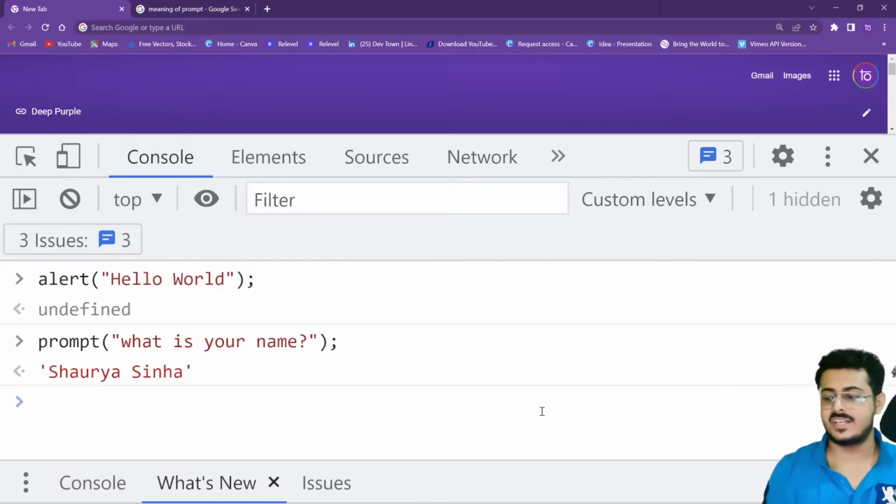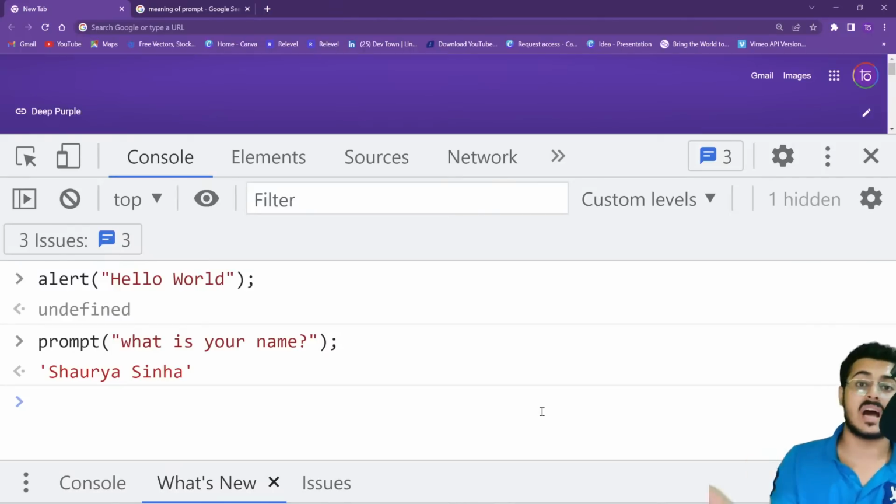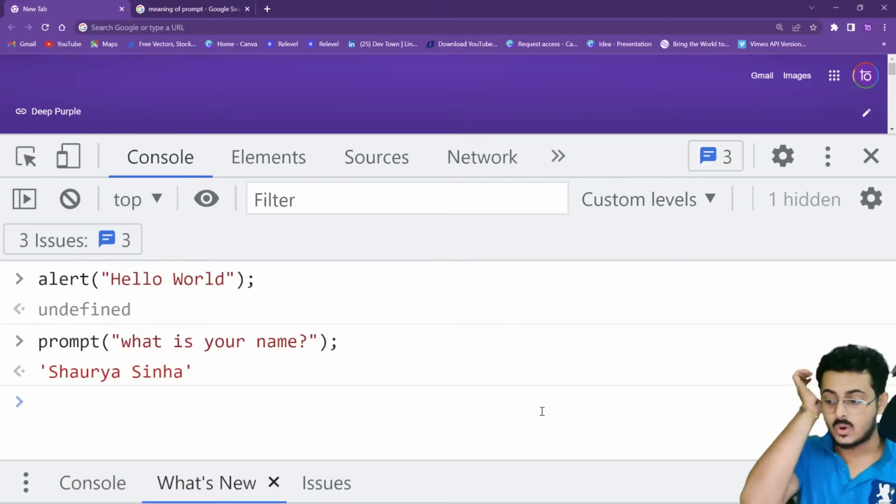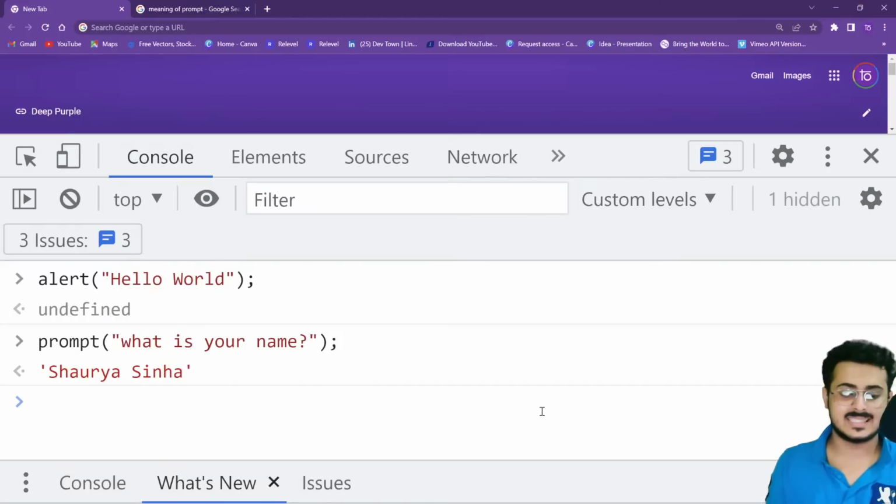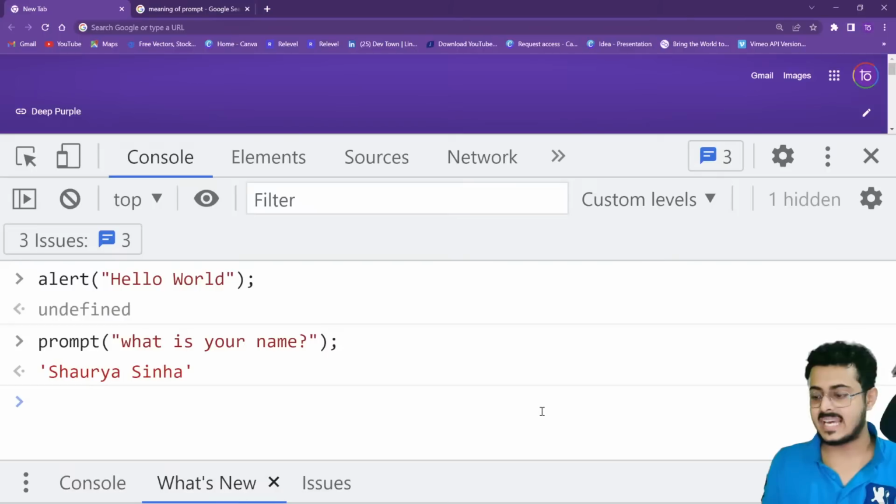So what is this undefined? That's a great question, Akshay. We will be answering that in tomorrow's video, because to be able to understand why we are getting undefined, we need to understand what functions are and how functions basically work. So just wait till tomorrow. Once you have learned functions, then we will be able to understand it very easily. And please guys, don't worry about it. We will be going very smoothly, and we'll be trying to understand every single thing properly.